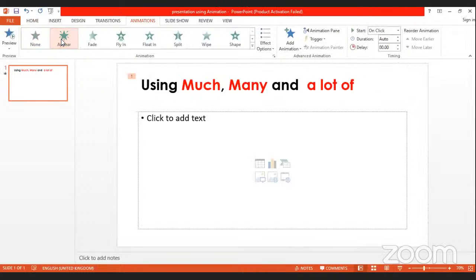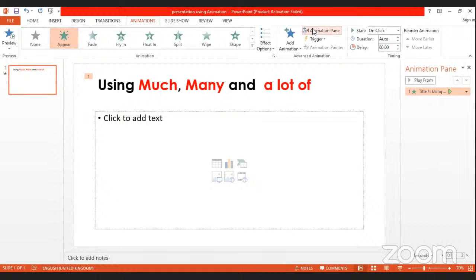After making them appear, I now go to my animation pane. Are we all seeing the animation pane? Let me get to this. Okay. After